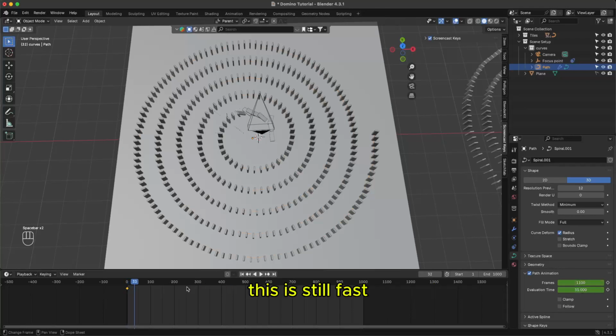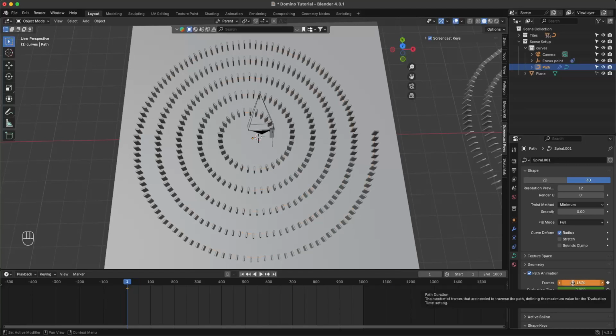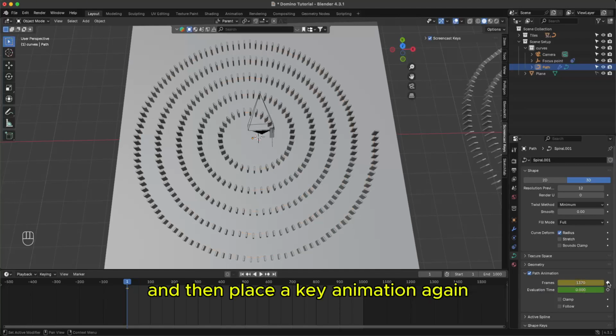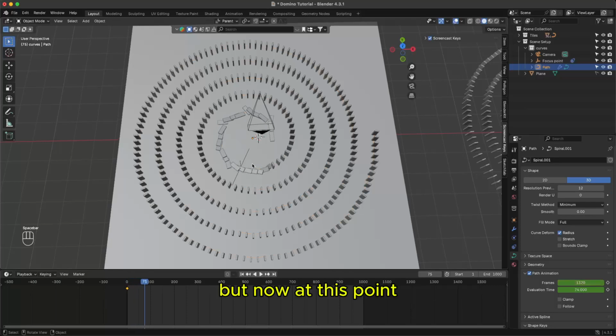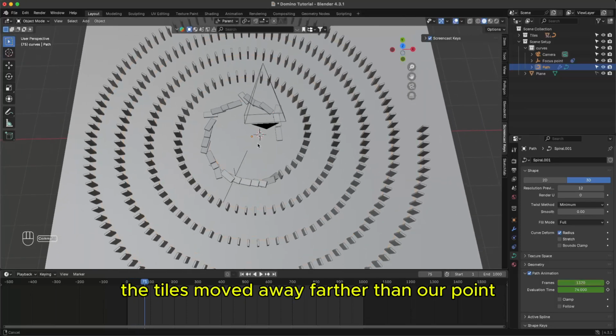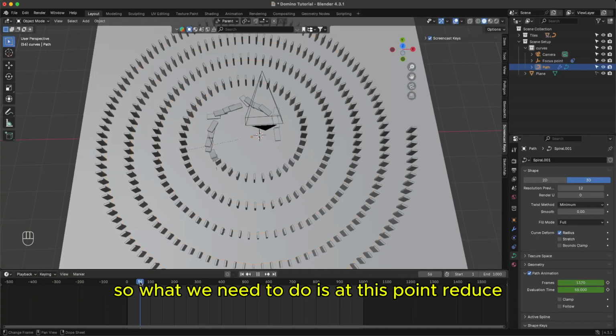This is still fast. Let's go to frame 1 and move it way higher, and then place a keyframe animation again. Let's see, now it is moving along, but at this point the tiles have moved further forward than our point. So what we need to do is at this point